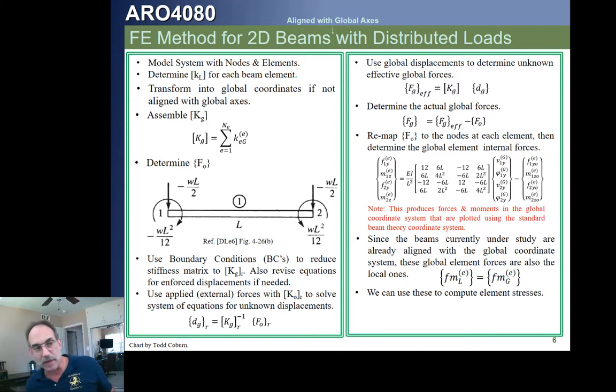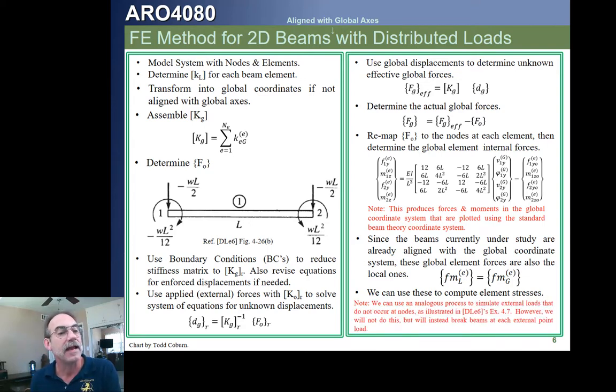We'll need to transform those matrices if we have an element that's not in line with the global stiffness matrix. Okay? We then calculate our element stresses. Okay? Now we could use this approach to simulate external loads that don't apply at the nodes. We saw a few of those cases in our table a moment ago, but we're not going to do that